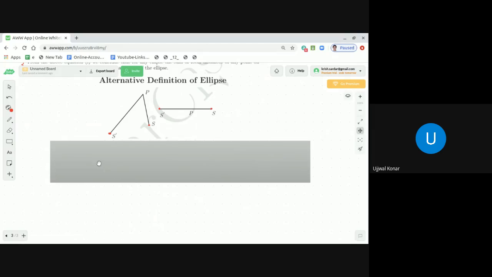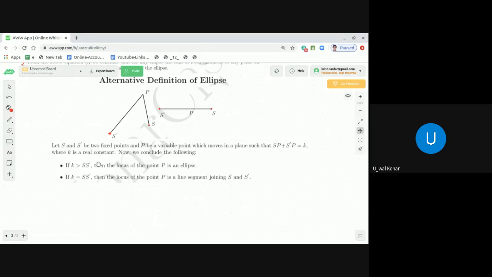So if you see that S and S dash are the two fixed points and P is a variable point which moves in a plane such that SP plus S dash P is equal to K, where K is a real constant. Now we conclude the following. If K is greater than S S dash, then the locus of the point P is an ellipse. And if K is equal to S S dash, then the locus of the point P is a line segment